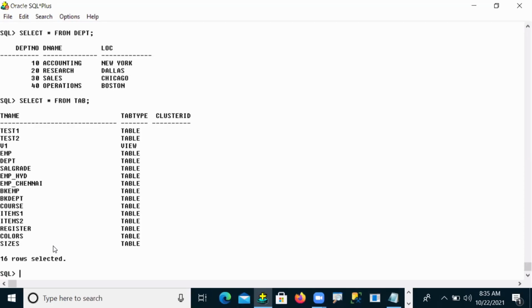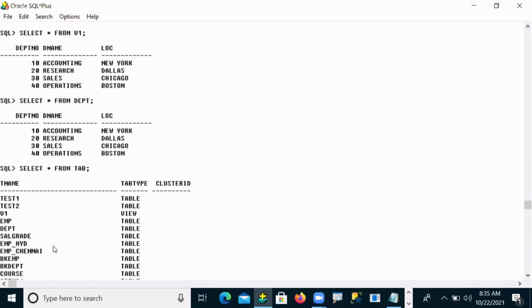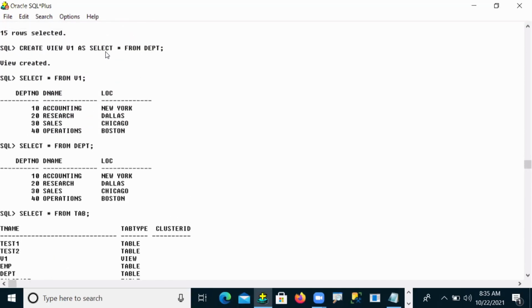Now what I said, this view is accessing the data from how many tables, guys? How many tables' data are you accessing here? Multiple tables or a single table? Come on, guys.